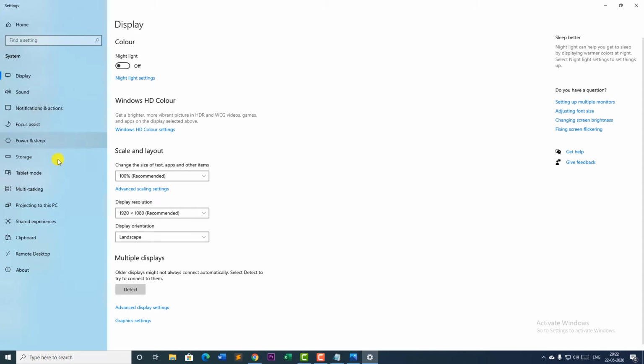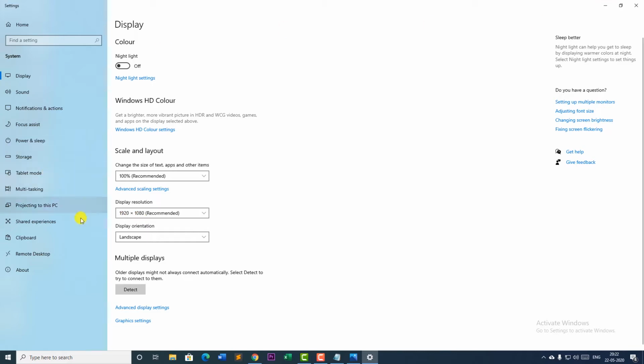Now in display settings, you see here display resolution. This tells you the width of your screen. My screen is having a width of 1920 into 1080. Now whatever the width of the screen you are having, you need to have an image of this much width at least, so that a single image comes. If your image is smaller than this width, it will come as tiles, it will get multiplied.